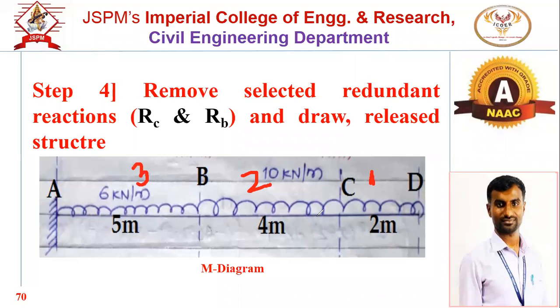Now, instead of considering D, C and B as separate origins for separate zones, I will consider the same D point as the origin for all the zones. So there are 3 zones, and for all of them I will consider D point as the origin. I will take only one origin. What will the origin be? For the total beam, this right end D is the origin.